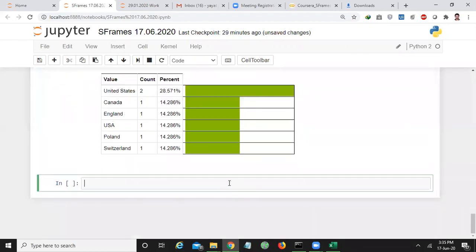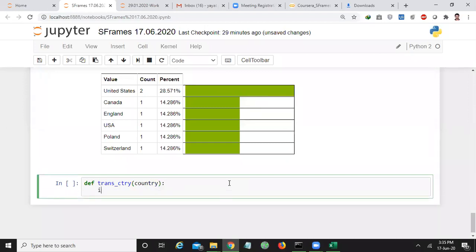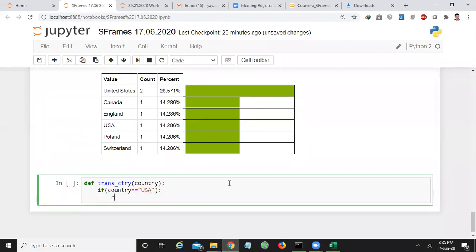Which advanced transformation? By using a function. For example, trans_ctry, transform the country. Now here I want to check if country is USA, then return United States.